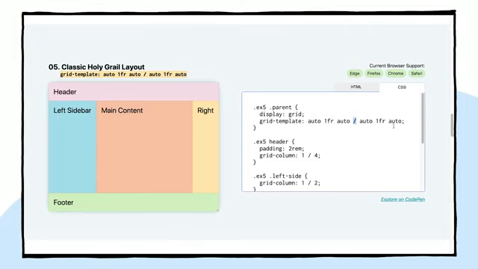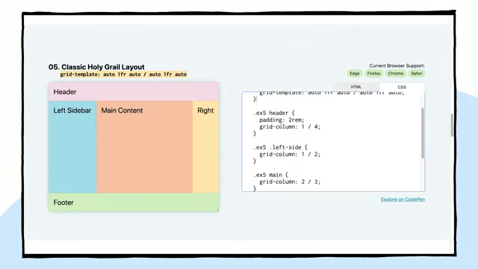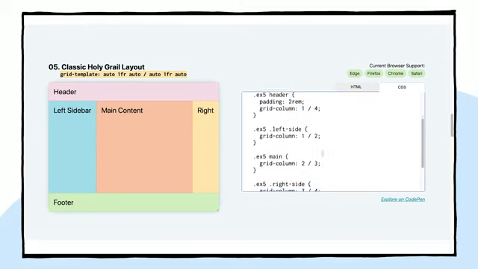So I think that this one is great to know. Grid template is something that I use all the time. This is not exactly one line. I mean, all of these, you have a little bit more to add. But with this, when you are writing a grid template, you can then specify grid columns and grid rows for